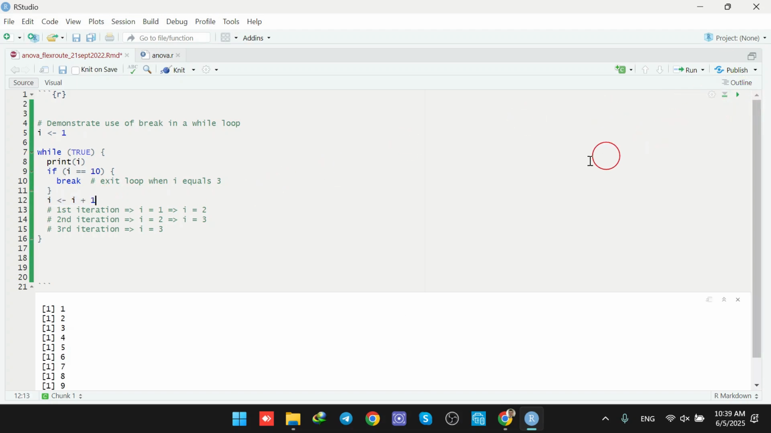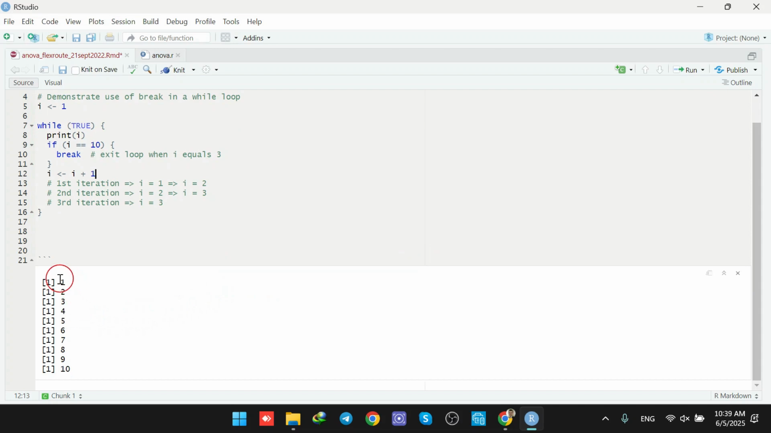So now if I run the code, you see that the print of from 1 to 10 is being shown